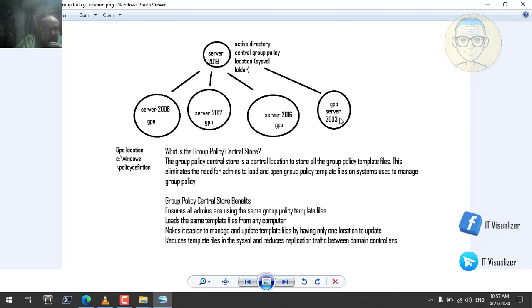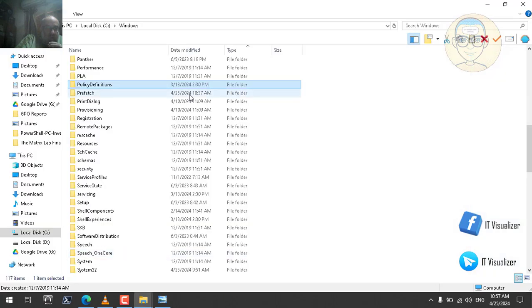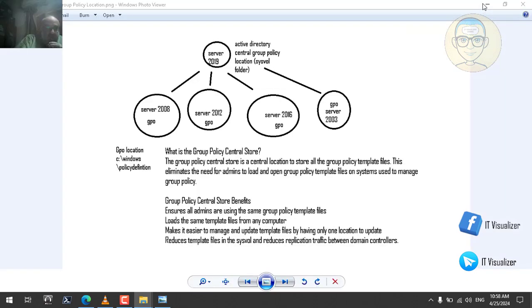So if we go one by one until we reach 2019, the best solution is to have the group policy templates from Windows Server 2019. We copy this and put it in the sysvol folder. It will be the default, the group policy templates that will be used on all of the servers. This will be a good choice because it is accumulated. The group policies in 2003, 2008, 2012, 2016, all of these are included within 2019. Some of them are changed, of course, and some are deleted, but this is the latest group policy